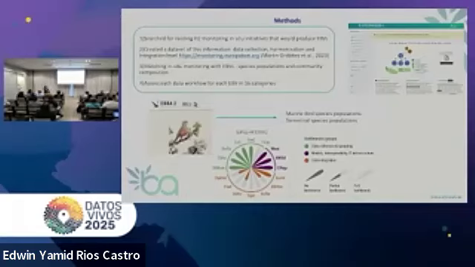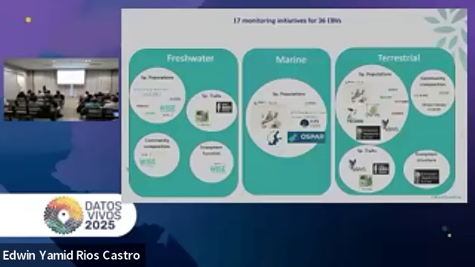So we developed this framework that can be used for different monitoring initiatives, showing it in the structure of a flower. Every petal is one bottleneck that we have to assess. If there is no bottleneck, we have a full petal, and a full bottleneck is completely gray. And this is all the initiatives that we could map, and you can already see here what the biases of all the monitoring initiatives are.